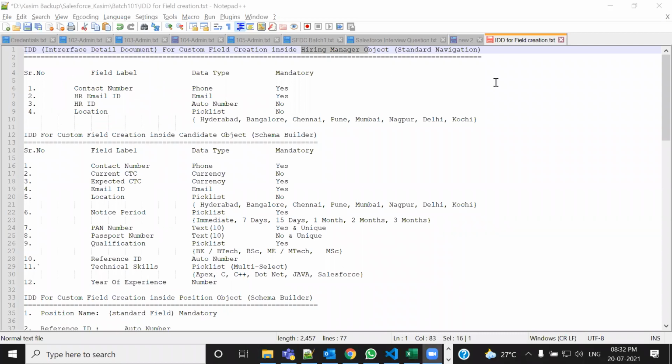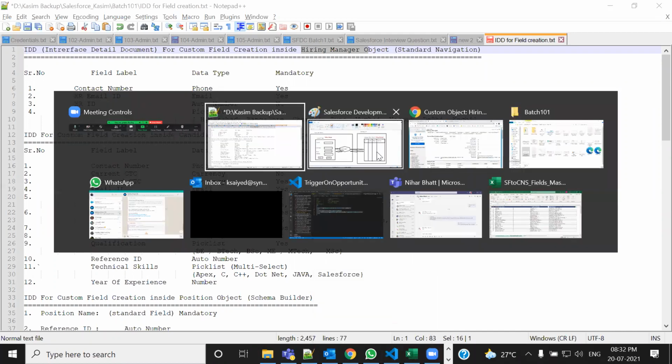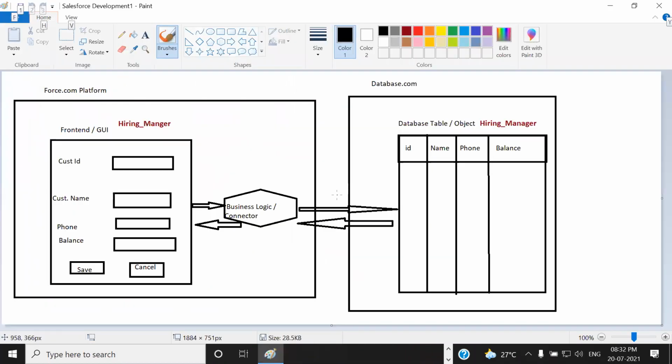Creating an object means you have created one table. What table? Hiring manager table. Inside the database, one table is created. Inside the database.com, one table for this object has been created. Because I have not created any field,